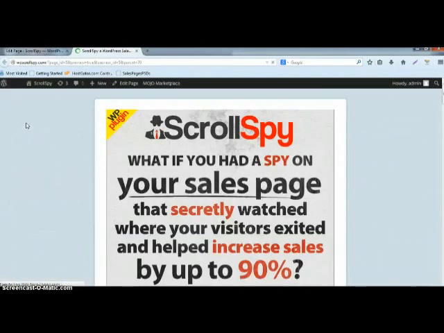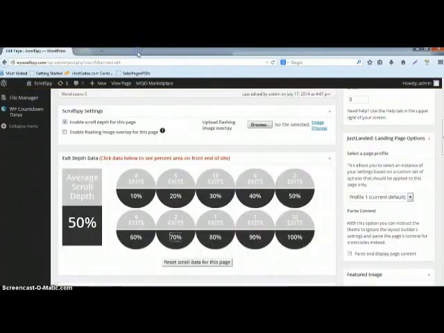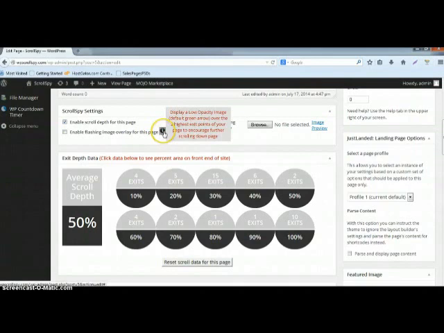Again, we'll go 70%. It'll scroll us all the way down to 70%. It'll highlight the 70% area of your page. Now, like I said, there's a feature here that I said I'd come back to. It's called Enable Flashing Image Overlay for this page. There's a tooltip here in case you forget what it does after you watch this video. Hover over the tooltip once you install it. It says Display a Low Opacity Image over the 2 highest exit points of your page to encourage further scrolling